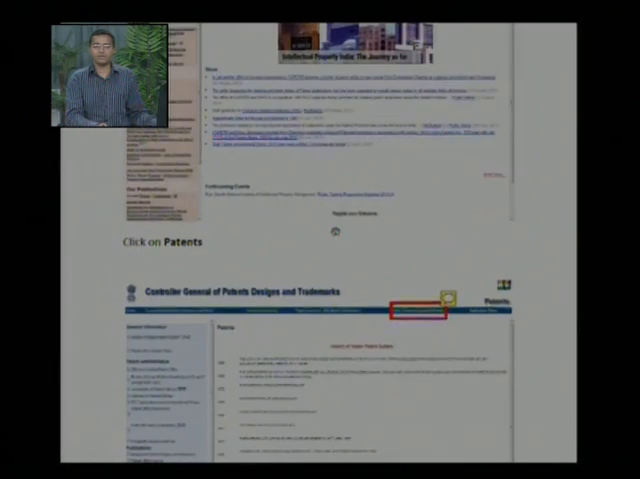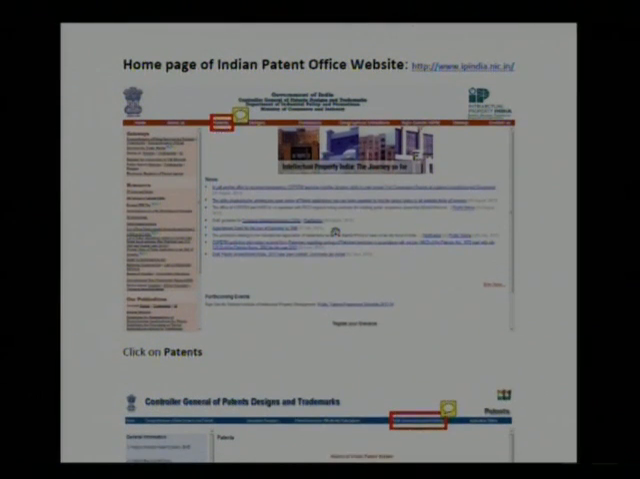So this is the web link for the Indian Patent Office website. By going to this web link, we will be directed to a page like this. On this page, this is the part